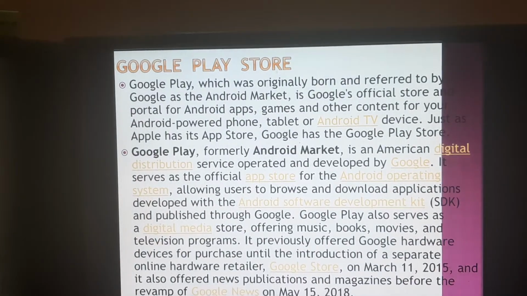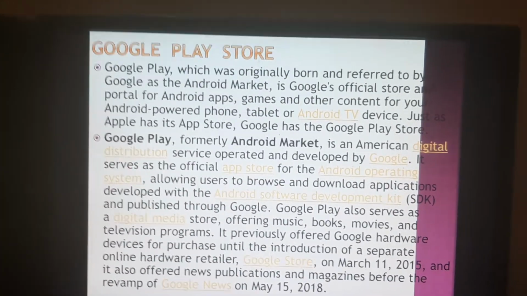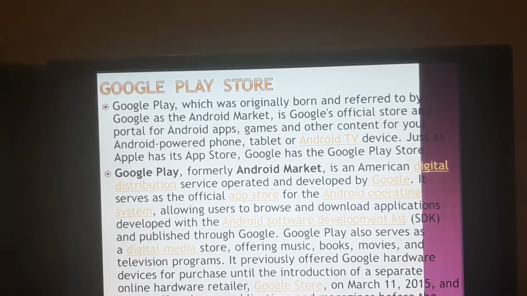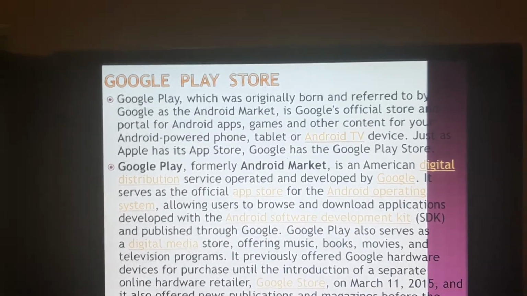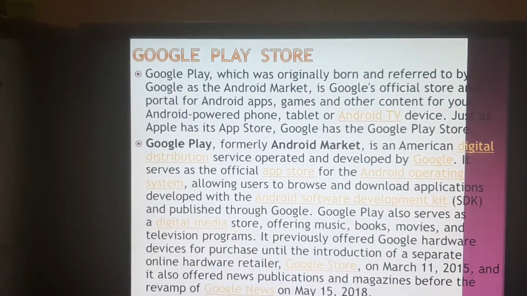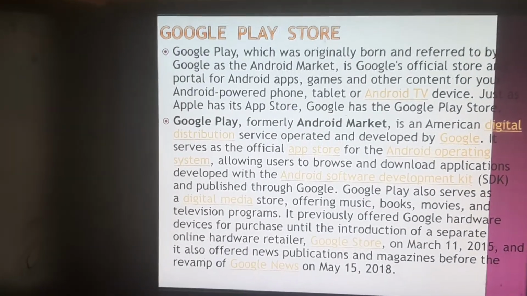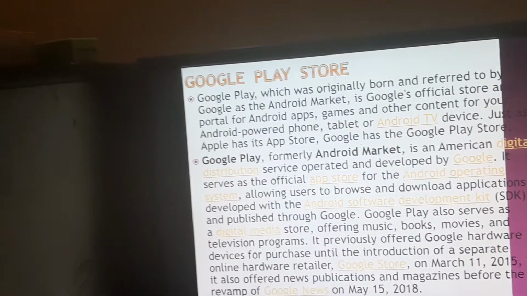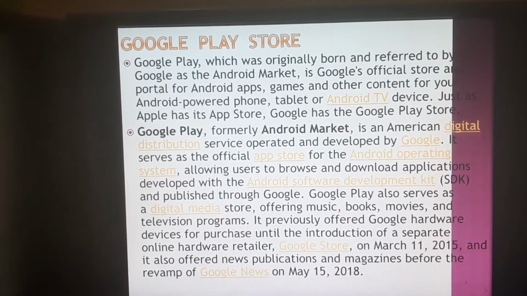Now we need to know what the Google Play Store is. It is a store where you can see many applications, and where you can publish your application, putting your apps and games in front of people using billions of active Android devices, in more than 190 countries and territories around the world.